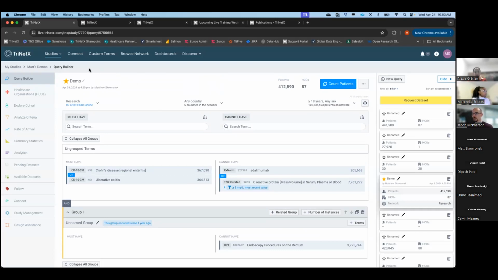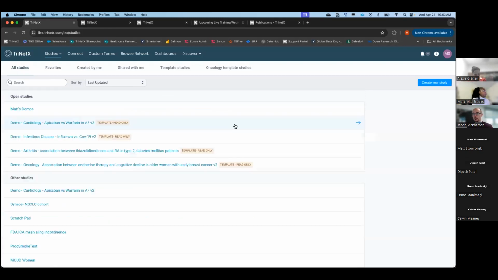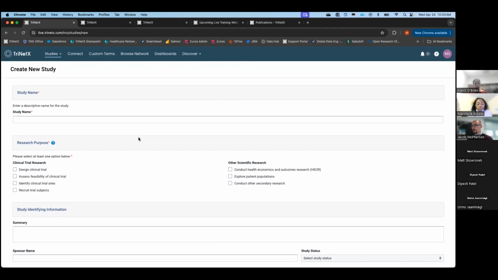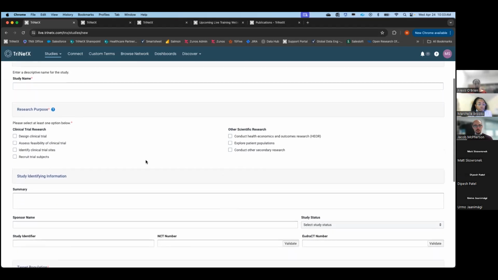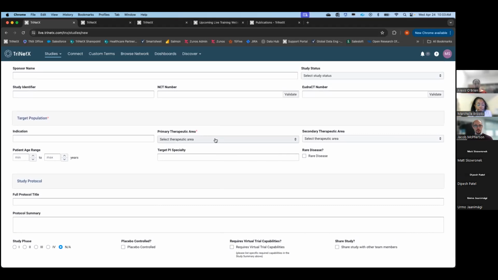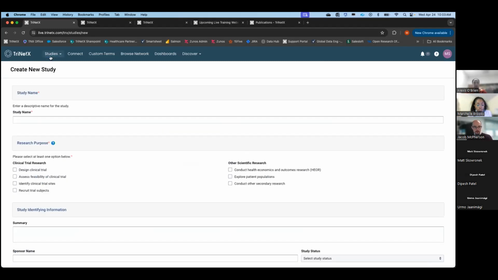So every time you jump into TriNetX, you'll be brought to your My Studies page, which will look like this. It'll have every single study that you've ever created or that has been shared with you from other colleagues at Buffalo. To create a new study, you click on Create New Study, and there are 3 fields you have to fill out. That would be study name, your research purpose, which for most, you can just do explore patient populations. And then down here at the bottom, you also have to add a therapeutic area that you're looking at. Once you do all that, you'll be able to click on Create, and it will bring you to